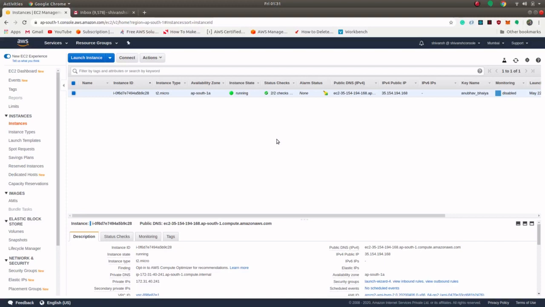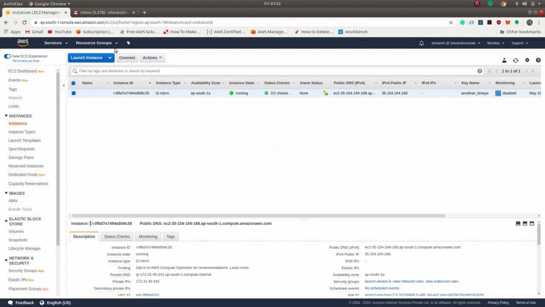So first of all, the question arises: why do we need an alarm? We need an alarm to avoid some drastic scenarios. For example, our application may be overutilizing the CPU or the RAM, and if it continues then our application may stop or behave in some random fashion. So we want to avoid this, and in order to do so we need to set up an alarm. We will set an alarm in this video for CPU overutilization for this instance.